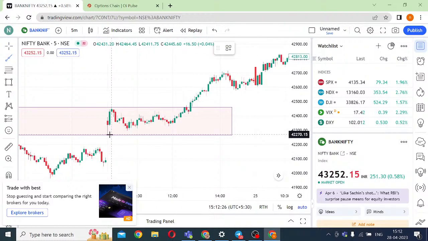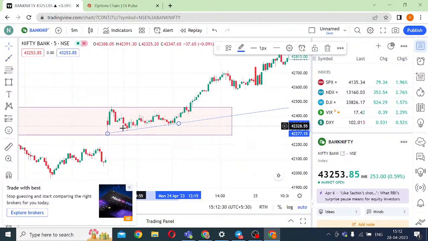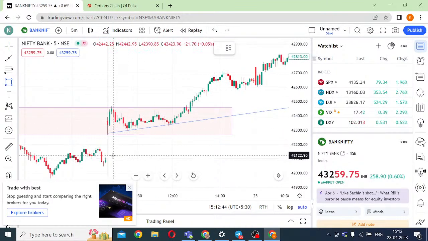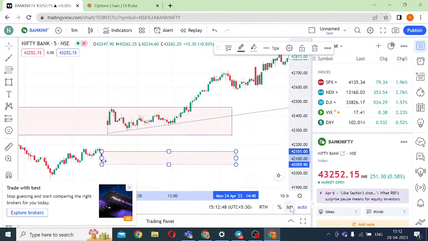Now here there are two possibilities that you can see in the chart. If you connect the major swings, this is one, this is two. So you have 2 points to connect. This is the third point and fourth point. This entire area is a point. There was a gap here. I was hoping this gap will break down and you will get a trade till this level. So I was targeting 42,150 and 42,080 this day.